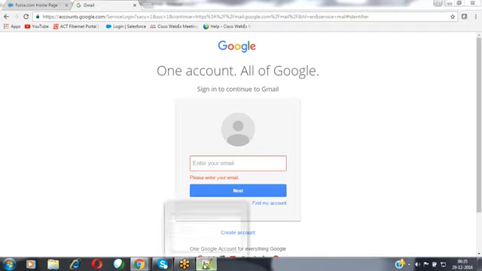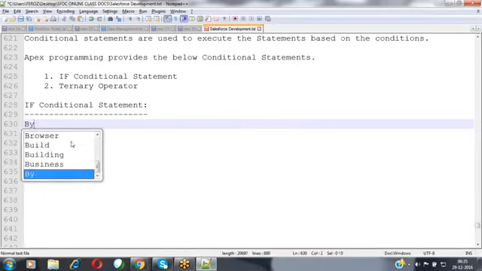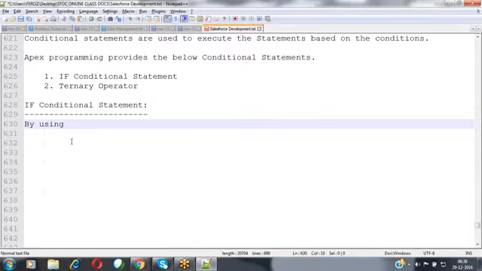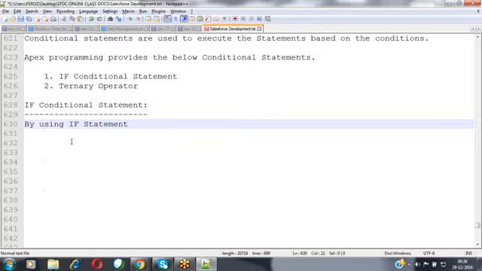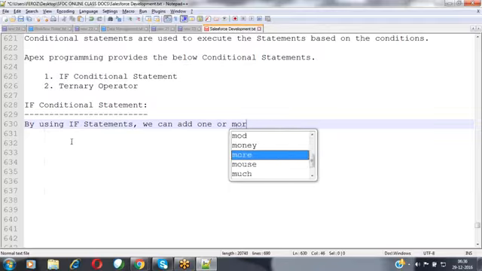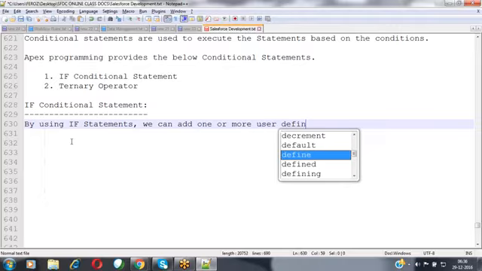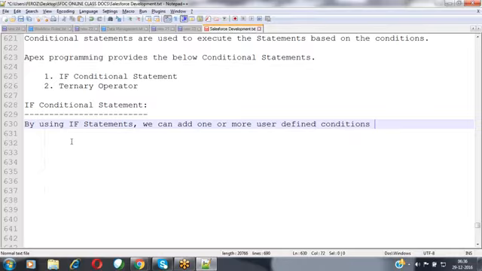In the same way here also, we are going to write some conditions. By using the if conditional statement, we can add one or more user defined conditions before performing the operation.